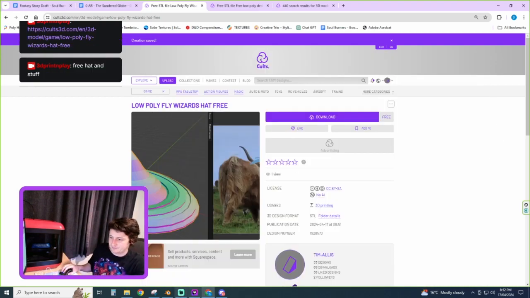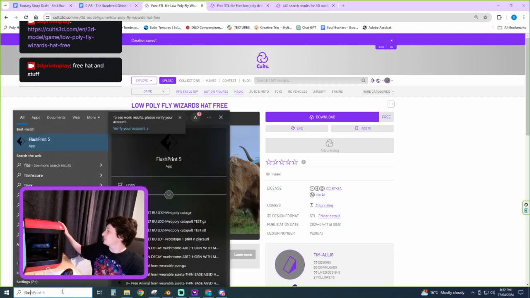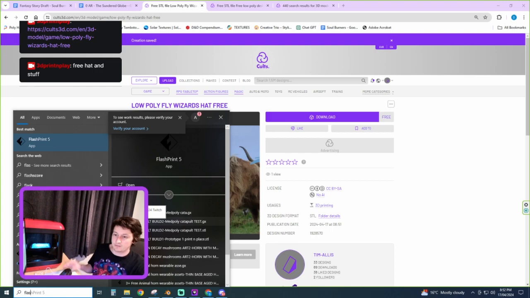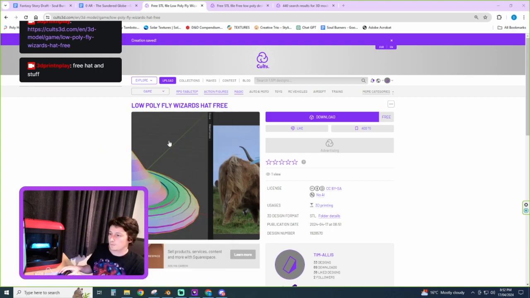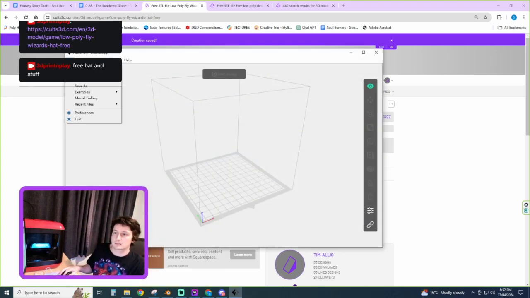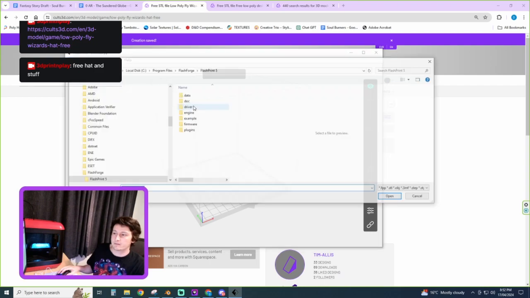Cool, let's print that. So let's go flash print. Let's just get my printer heating up, which I don't even have to move for, which is cool. Let's load that file.